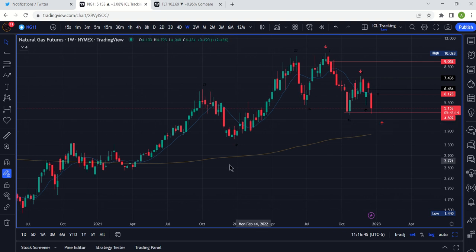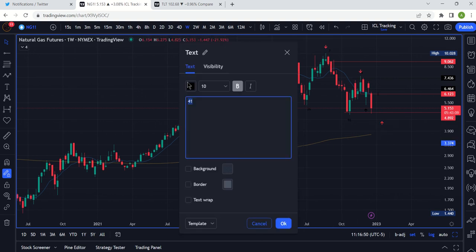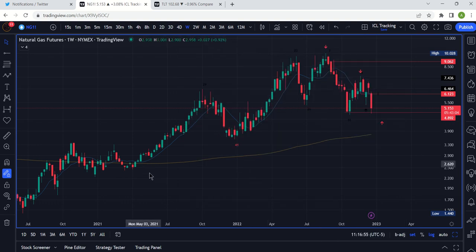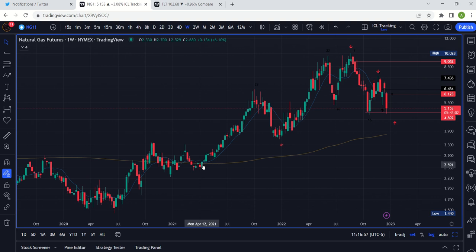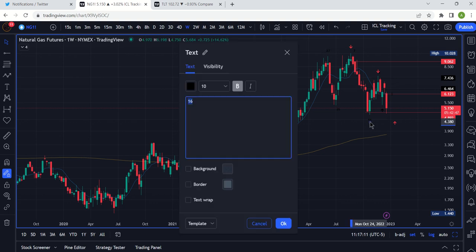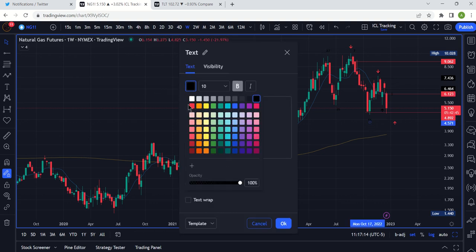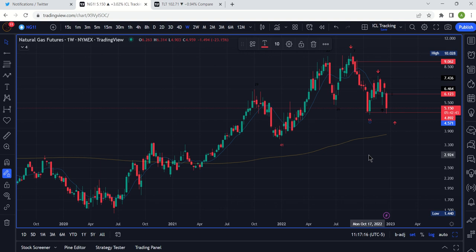The other thing to note is this yellow line is a 200-week moving average. It's always a 200-week moving average on these charts. Notice last time, we emerged above the 200-week moving average around April 2021. So it's been a nice rally on the weekly time frame above that. I wouldn't be surprised if this ends with us touching that moving average. And as I've said, my expectation is $3.60 at some point in early Q1 2023.